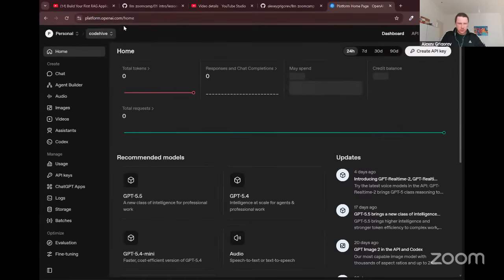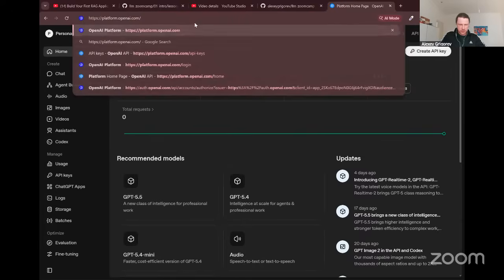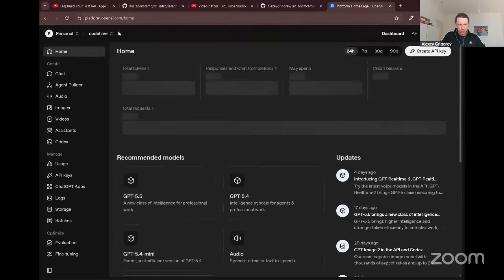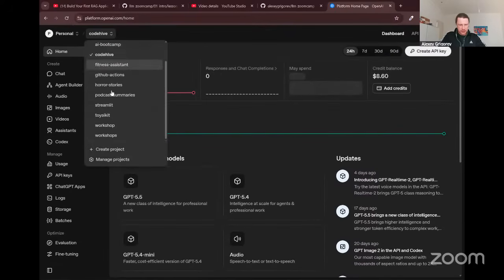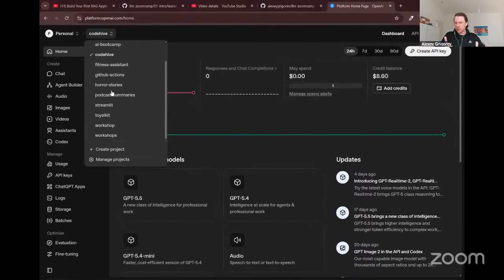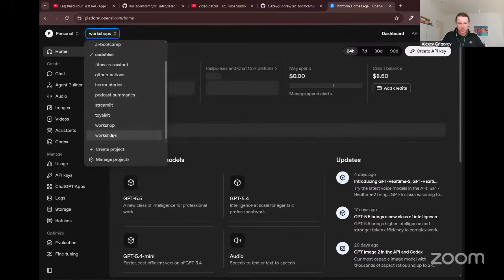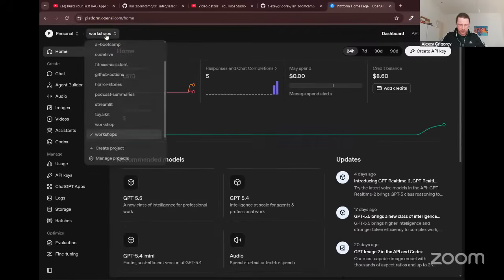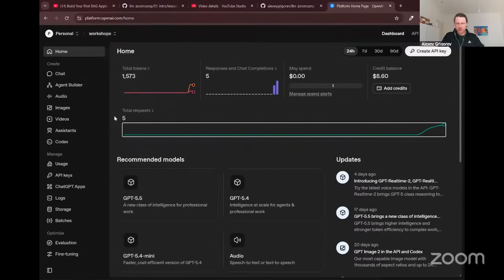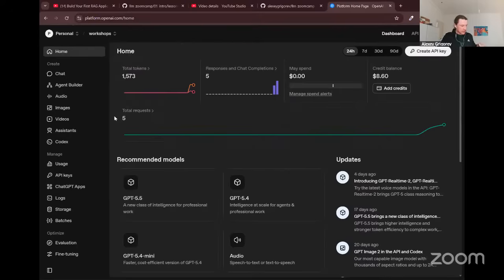Okay. And then I'm in home. If you don't have a project, I would recommend to create a new project specifically for this course. So you can just click create project, and then you create a project that you can call LLM Zoomcamp or whatever. I always recommend doing this